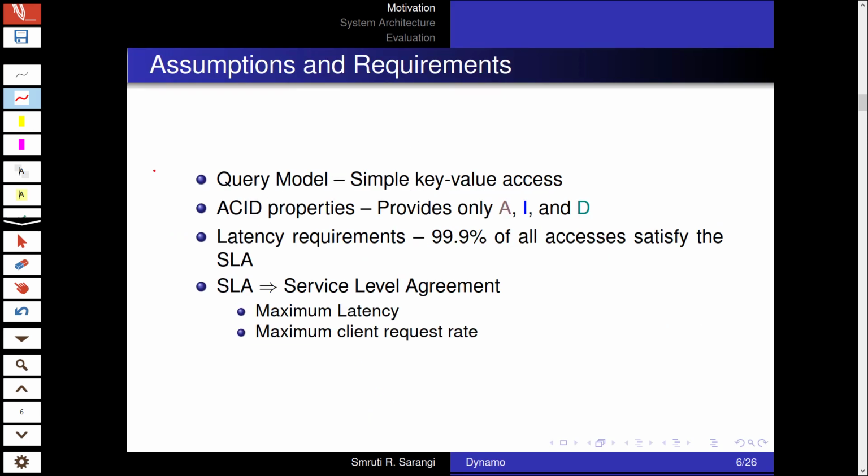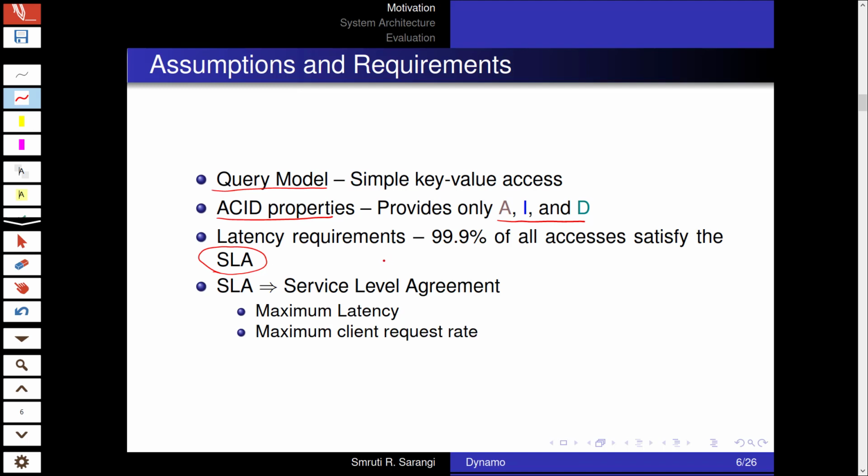of the DHT. So of course here the assumption and requirements are that it's a large system. We need simple semantics, so we'll provide a simple key value access. ACID properties, well, in a large system, A-I-D, which is atomicity, isolation, and durability. These three properties have to be provided. So Amazon does relax the consistency requirement. We will see how. And furthermore, there has to be some service level agreement, which means that, so here it